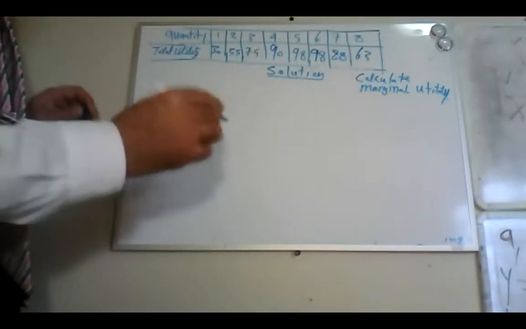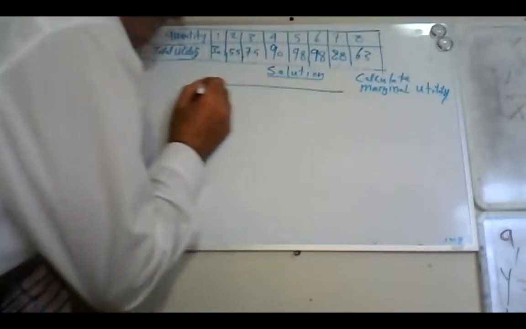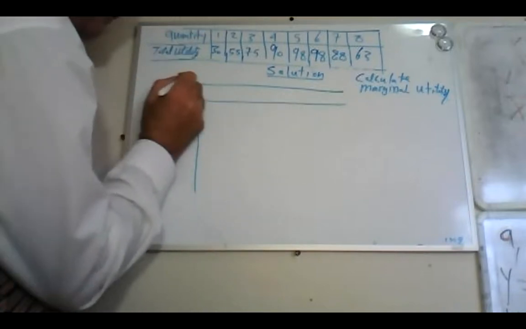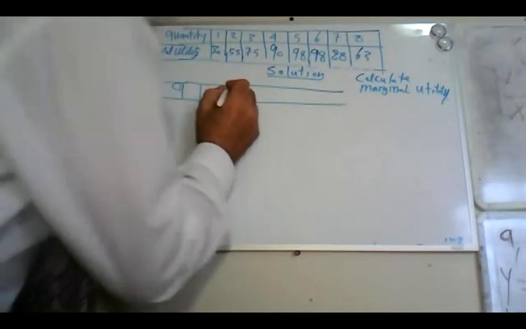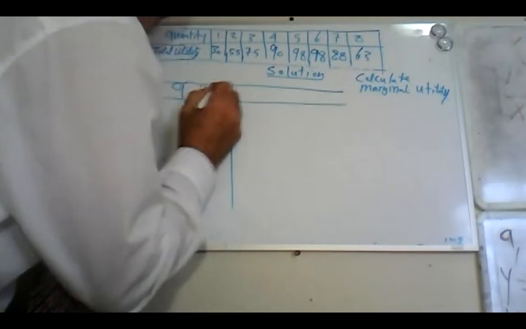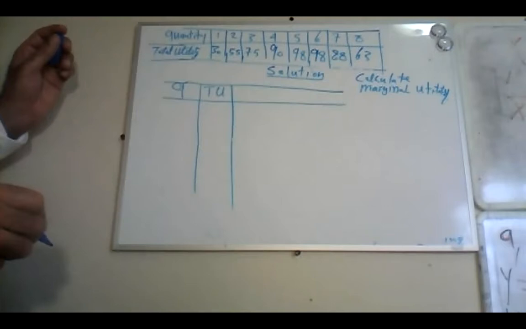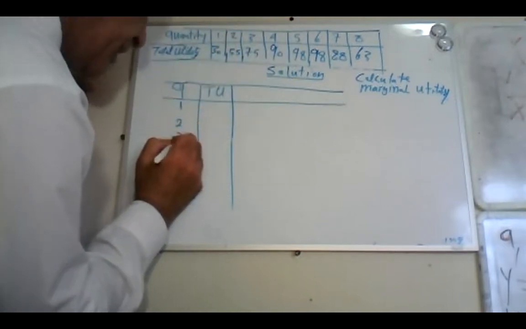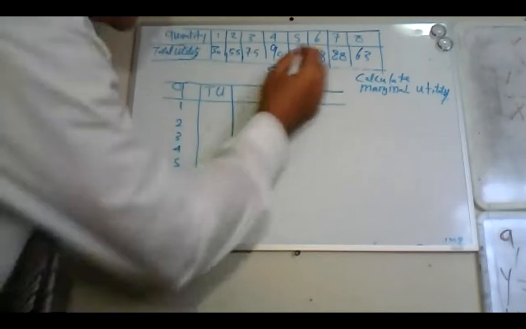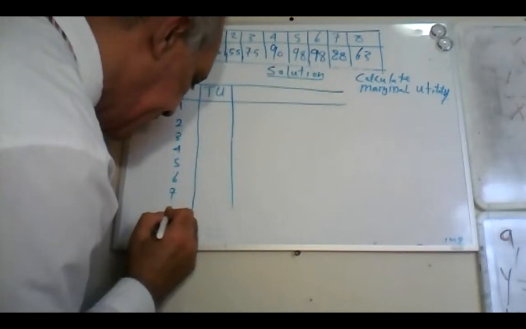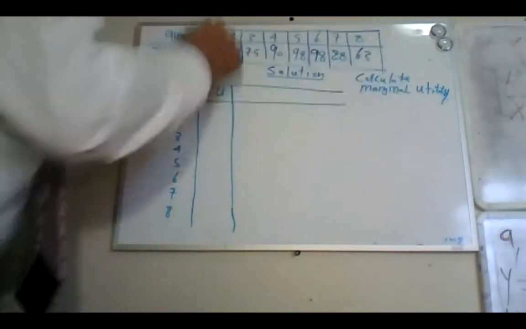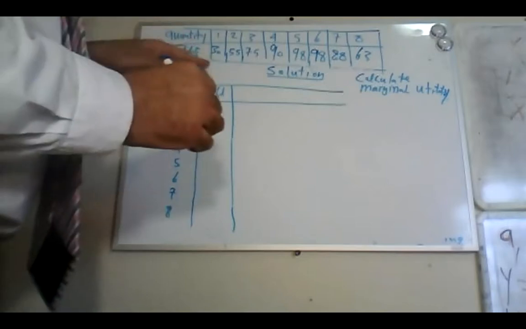That's fine. What I will do is, whatever comes to me horizontal, I will put it vertical. So here is the quantity, or Q, and here is the total utility, TU. Then we'll put the numbers back: 1, 2, 3, 4, 5, 6, 7, 8. I didn't do anything. All I did is just what came to me horizontal, I put it in vertical. That's it. Now let's take this number 30,